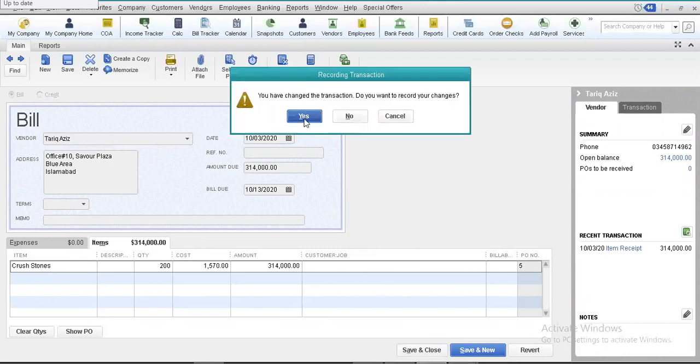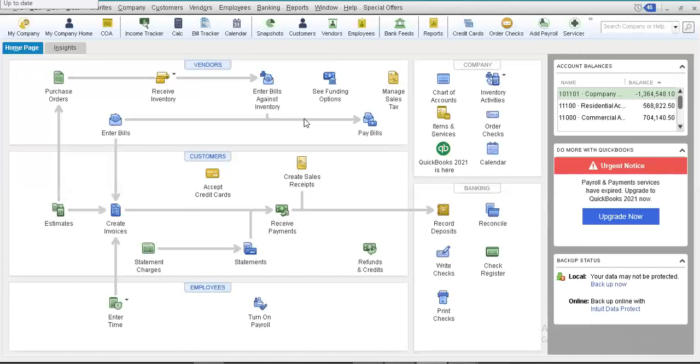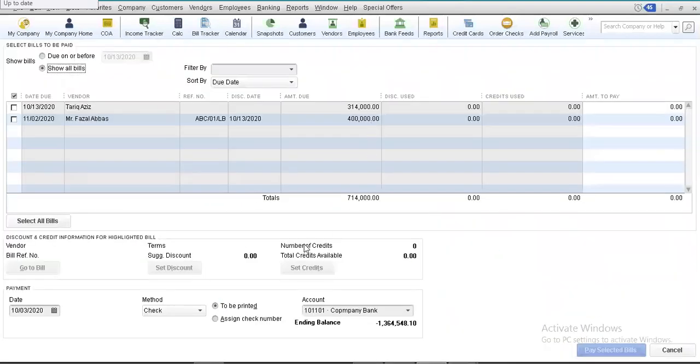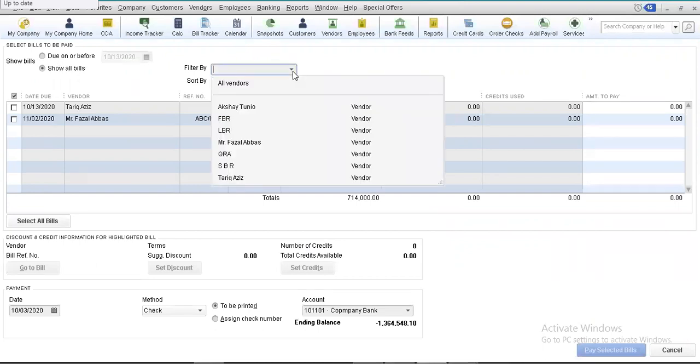And now this transaction increases my payable balance in QuickBooks. So now, my dear friends, what is happening is that I have converted that item receipt note into a bill. If I am interested in paying the bills, I have to select this particular option of paying bills. Over here right now, I have two different invoices that are ready for payment. So I can actually apply some filters as well. For example, I can select a particular vendor. For example, I'm interested in paying Mr.